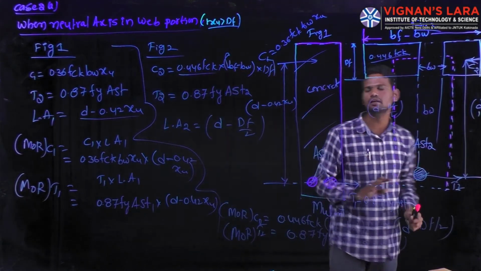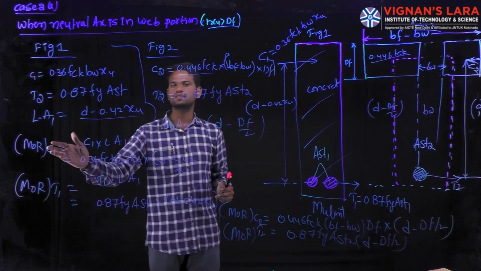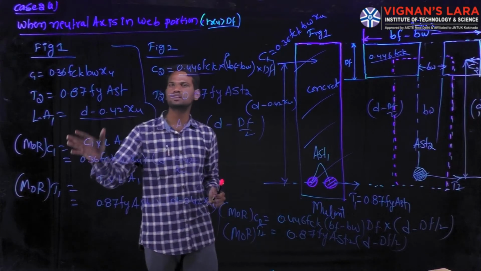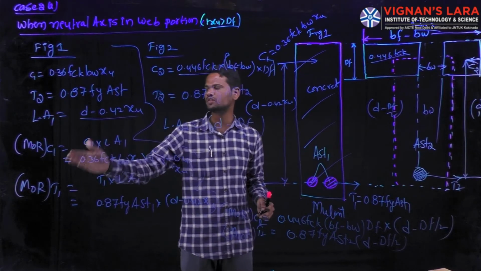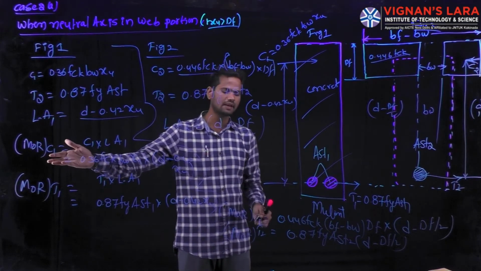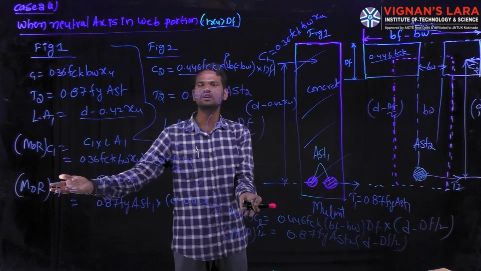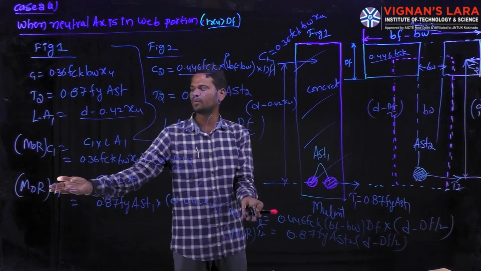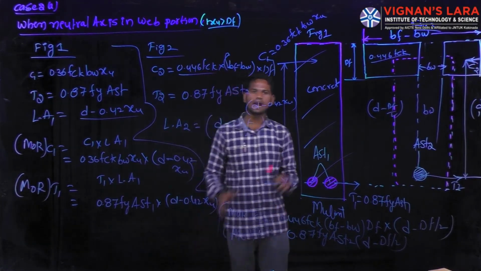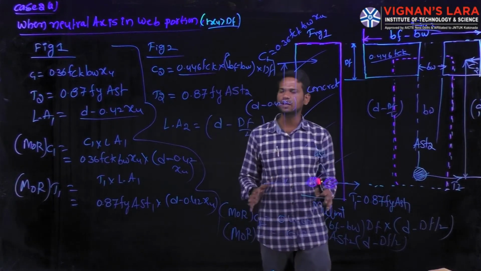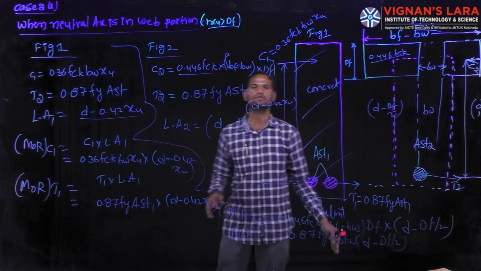For this second beam, we multiply the total compressive force for the total moment of resistance for the particular T beam. That is nothing but total moment of resistance equals moment of resistance of C1 plus moment of resistance of C2 for the flanged T beam, as well as the moment of resistance for the tension zone equals the moment of resistance for T1 plus the moment of resistance for T2. If you add all these parameters, you will get the entire moment of resistance of the section for the T beam.